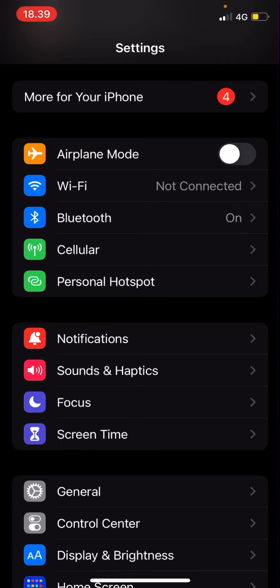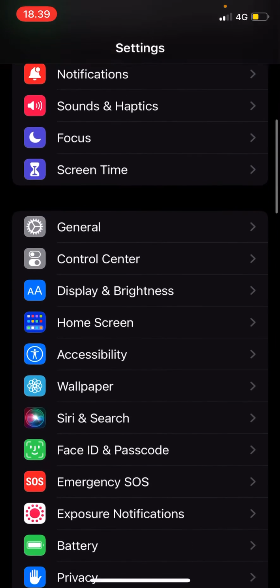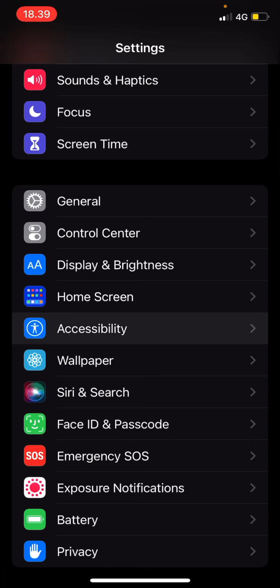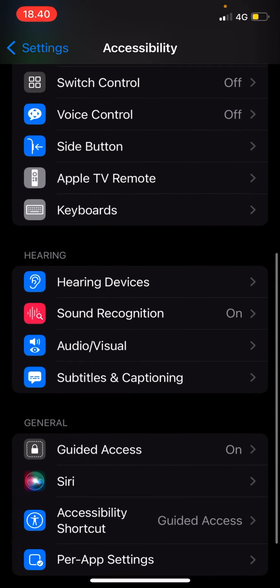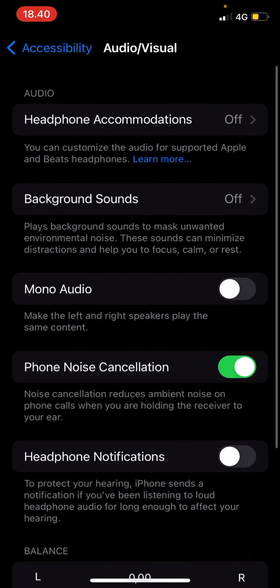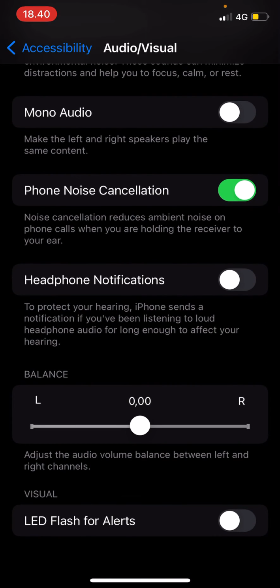So you're going to open settings and you are going to scroll until you find accessibility. Select it and you are going to again scroll down until you find audio and visual under hearing. Then you are going to scroll down and then under visual you are just going to enable